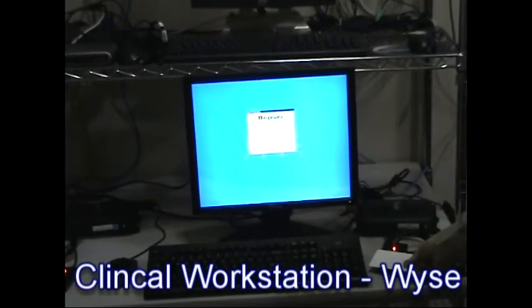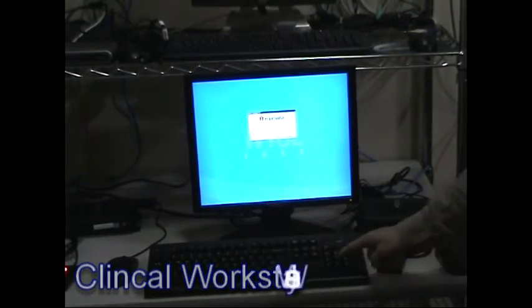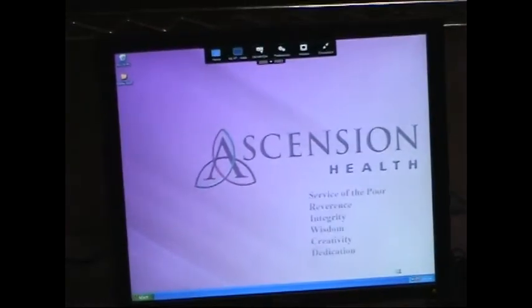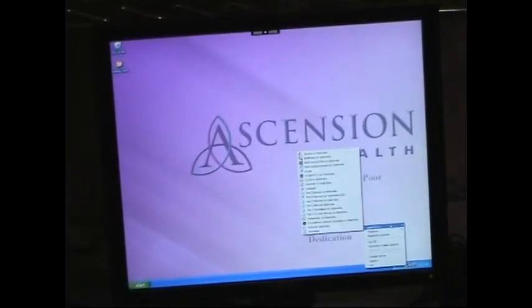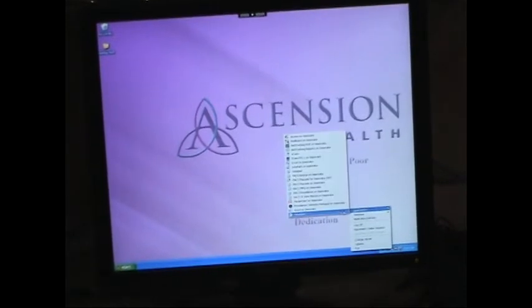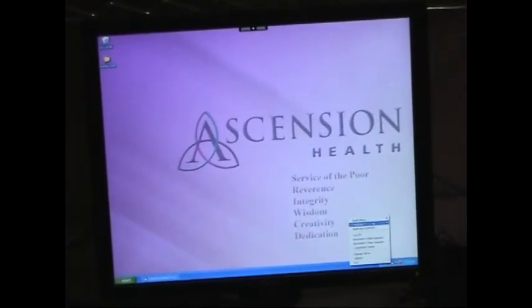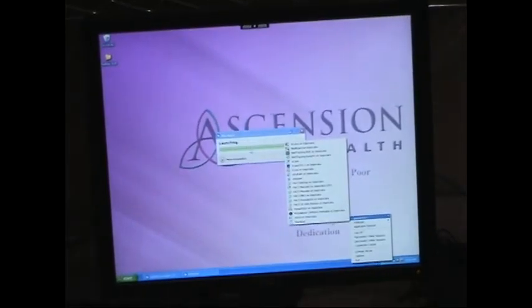First, we'll begin by swiping the proximity card, then input the 4-digit PIN code. You will now log in and be presented with a desktop. Now we manually launch Microsoft Word, an EMR application,